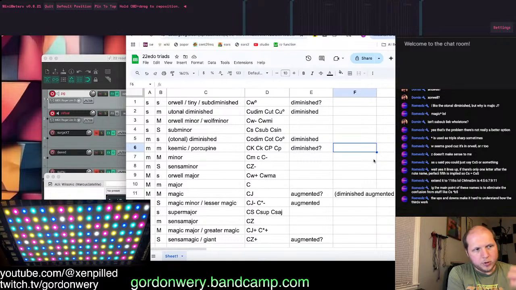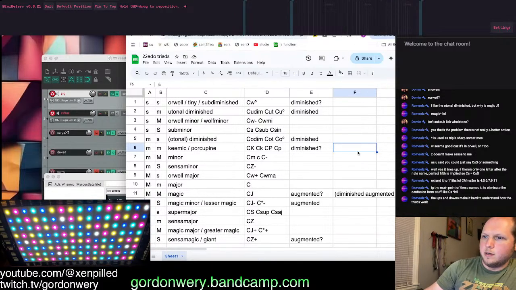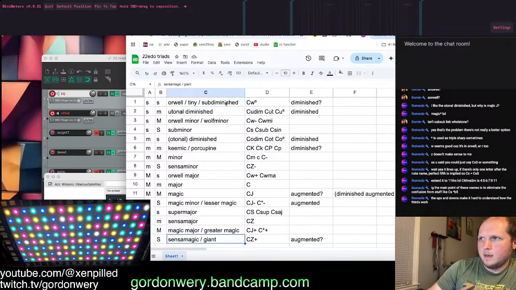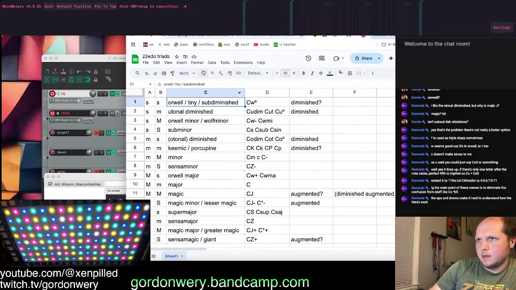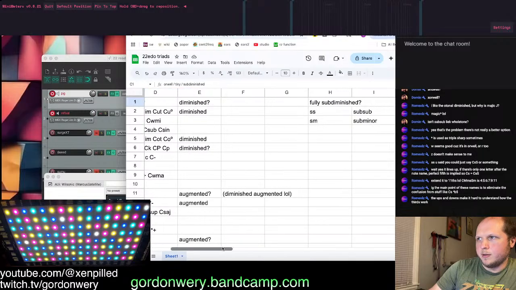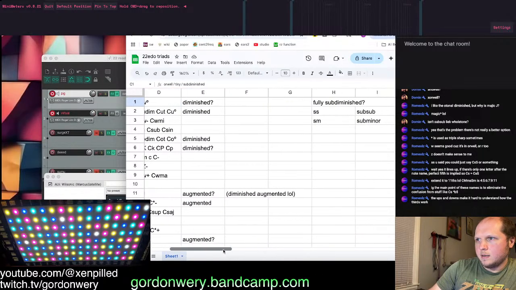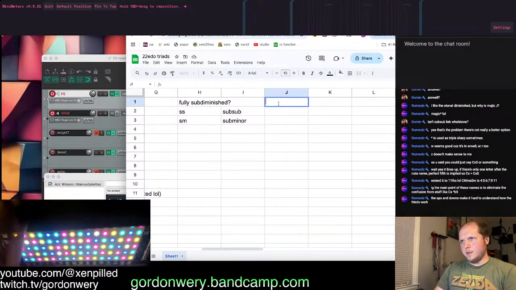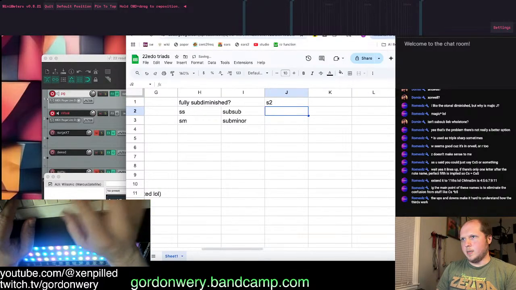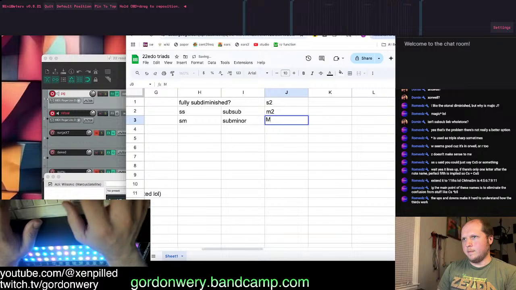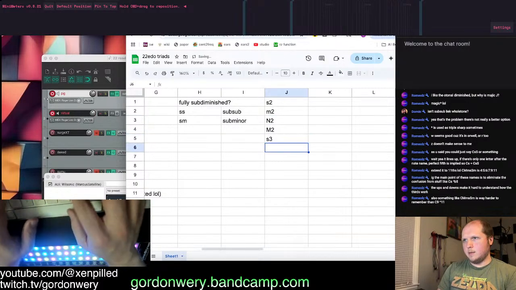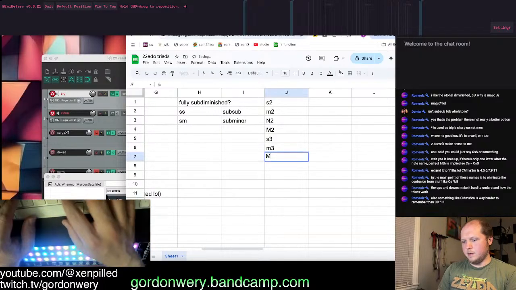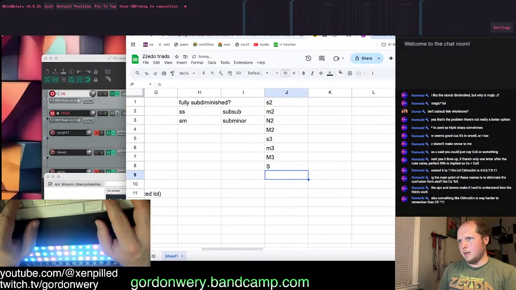One thing I've made it a point to do on all of these is the way I name the intervals: no ups or downs in the chord names and no ups or downs in the interval names. So my interval system would be sub 2, minor 2, neutral 2, major 2, sub, minor, major, super, and then